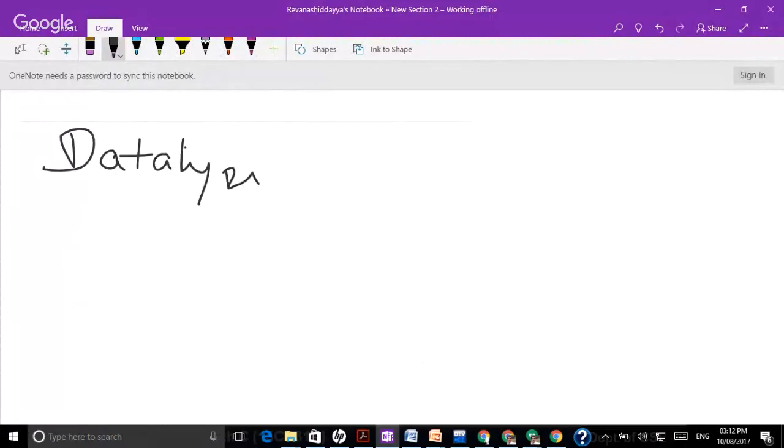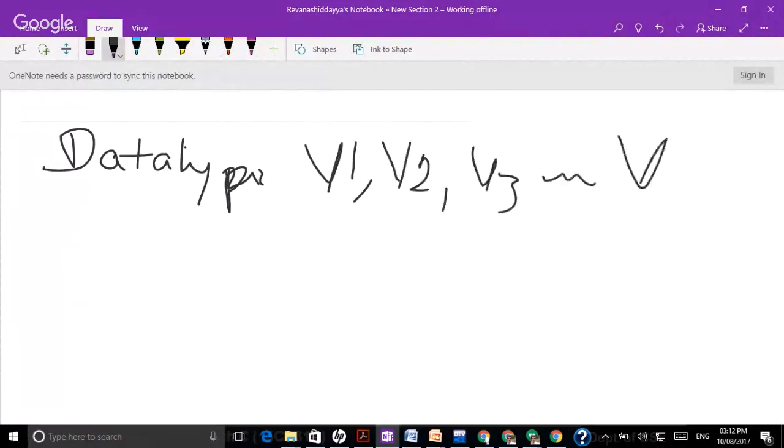Okay, after that you are going to use variable names. You can give n number of variables, but each variable is separated by a comma, up to v1. Okay, this is the declaration of variables: data type, variable names. Each variable name is separated by the comma. Okay, for example,